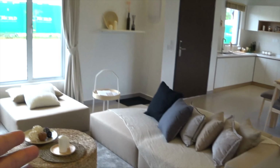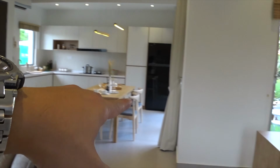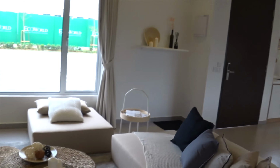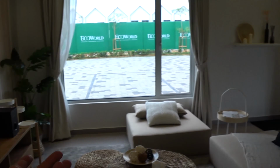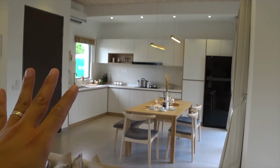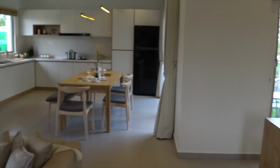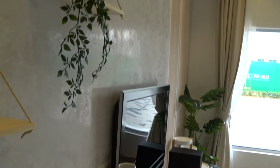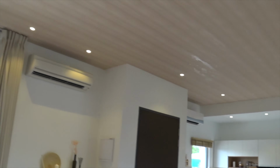That means you can also have built-in cabinets. You can have built-in cabinets below the aircon. You can have some cabinets over here. Alright? So, of course, this one is an ID impression to show you how it looks. And actually, I asked to do up this entire unit to look like this. How much roughly would one need to spend? I'd say it's somewhat 150 to 180,000 ringgit, which is a very, very reasonable cost when it comes to renovation,